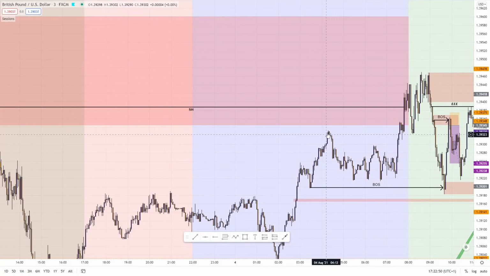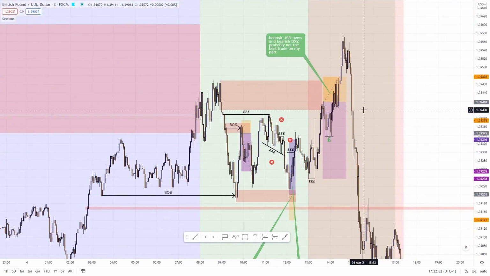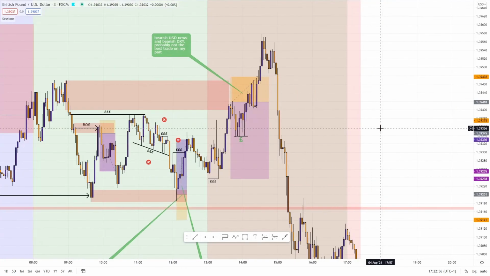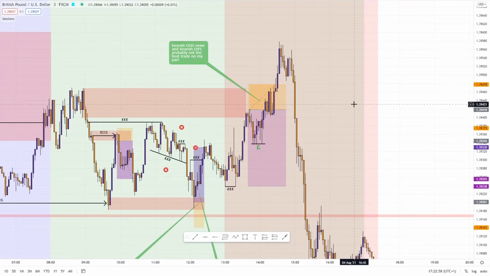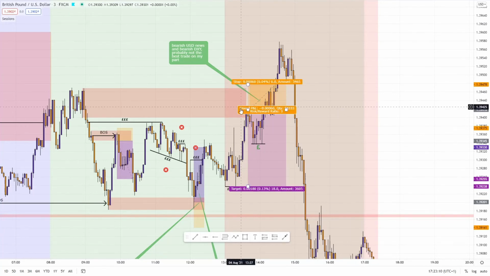The original POI that I was looking at, where I had set an entry at the open of this final up candle here. Price worked its way up, literally tapped me in by 0.2 pips, so I was very pleased. And then once it did that, it dropped off quite strongly, and I thought, oh great, fab news, wonderful. Came down, sort of found a base at this area where we created lots of relative equal lows, and then